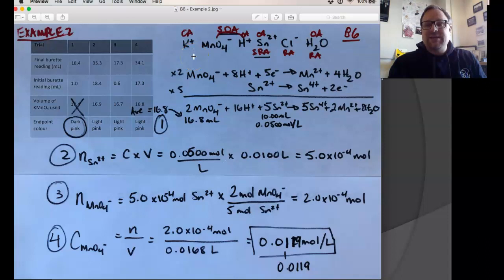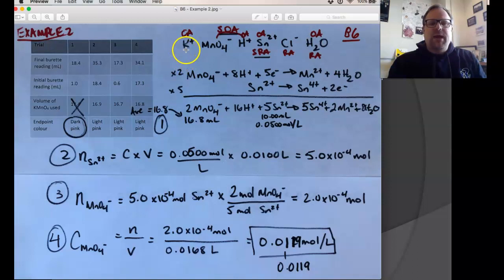So I'm listing my entities. Remembering, of course, that any ionic compound is going to dissociate. Remembering that if it says solution, water is present. And remembering that if it says acidified, hydrogen ions are present, or basic, that hydroxide ions are present. So then I listed